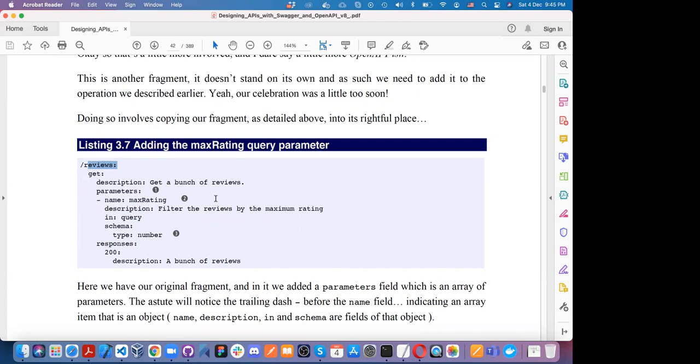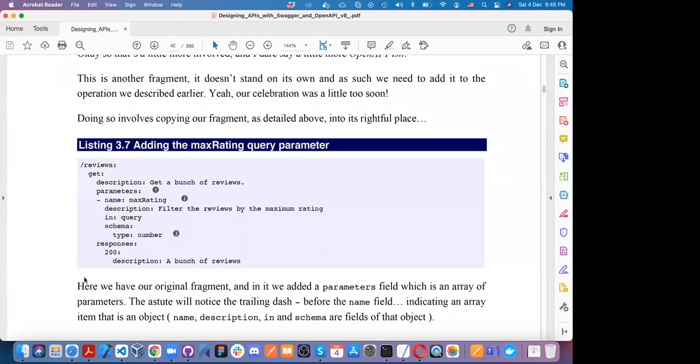So what would happen is that there would be the get, it will provide me the description, and there would be a parameter. The name would be max rating, and its details are already written over here: filter the reviews by the maximum rating in query, and I'll set the maximum rating equal to a certain number. For example, if I say 5, the reviews are filtered by the maximum rating of 5.